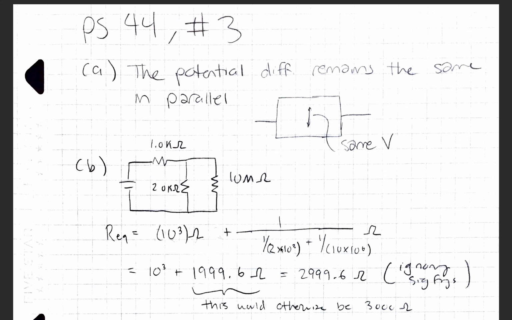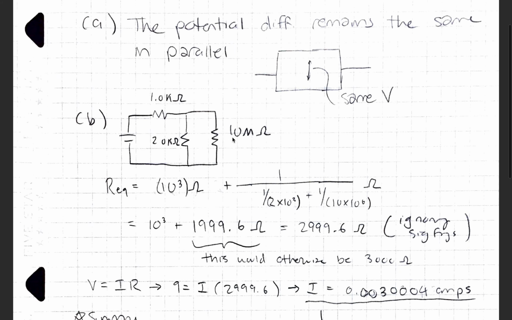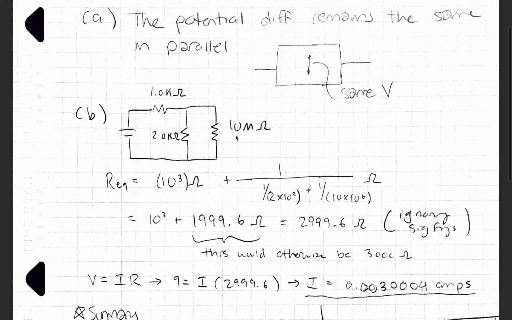When you calculate it out, what you'll see is that when you put a large resistor in parallel with a small resistor, the large resistor essentially has no net effect on the equivalent resistance for this particular set of resistors in parallel. If this was just 2 kilo ohms, this would be 2,000 ohms right here. But with this 10 mega ohms, it becomes 1,999.6 ohms. This should say 2,000 ohms, by the way, not 3,000 ohms. My apologies. So essentially, what happens is large resistor in parallel with a small resistor, the large resistor has no